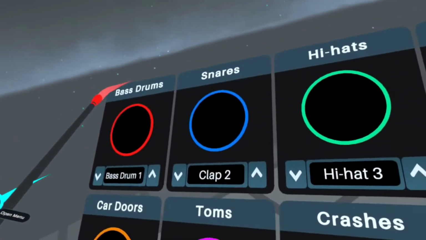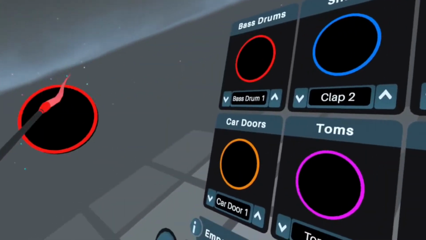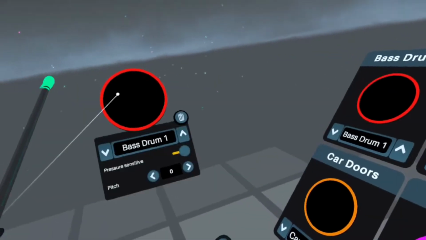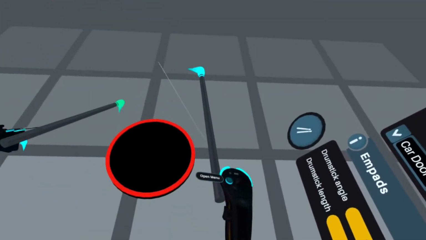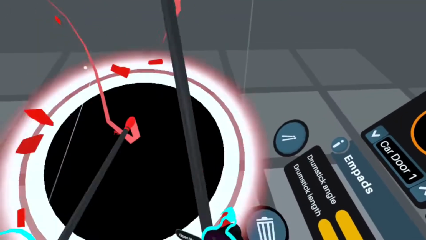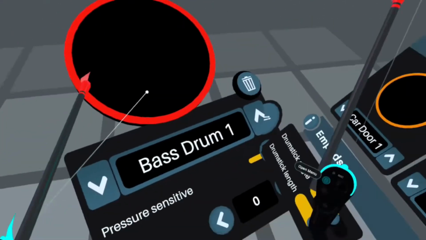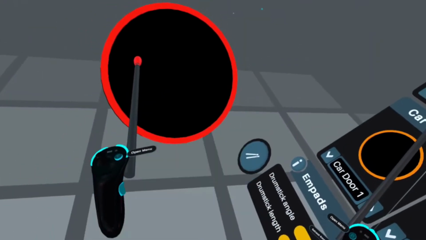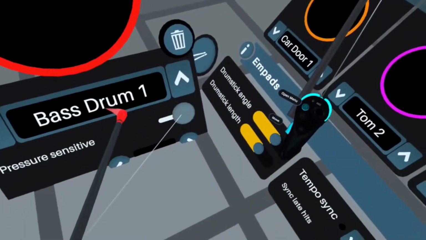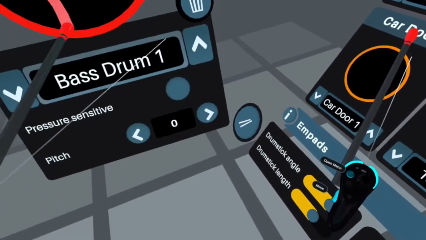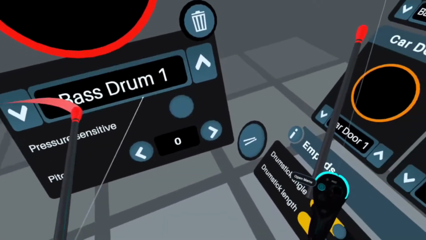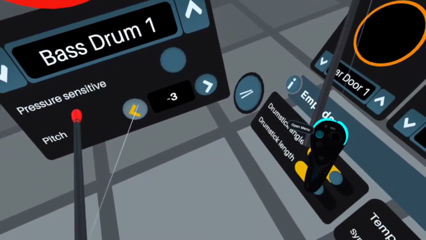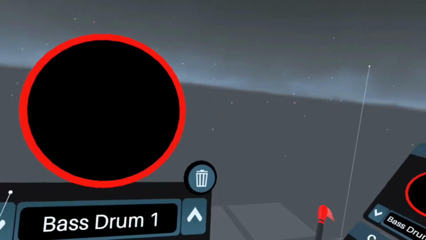Let's stick with that one. And what you can do is you can either hit them on the thing, or you can pull them off and you can actually resize these as well. So let's go. Turn that, and it is so I can just barely tap it now, and it will play at full volume no matter what. You can also change the pitch,